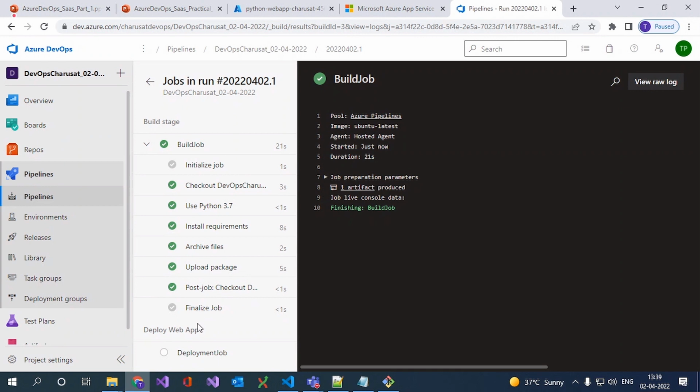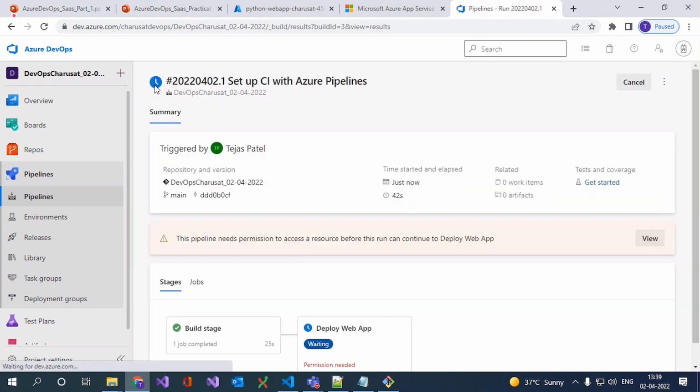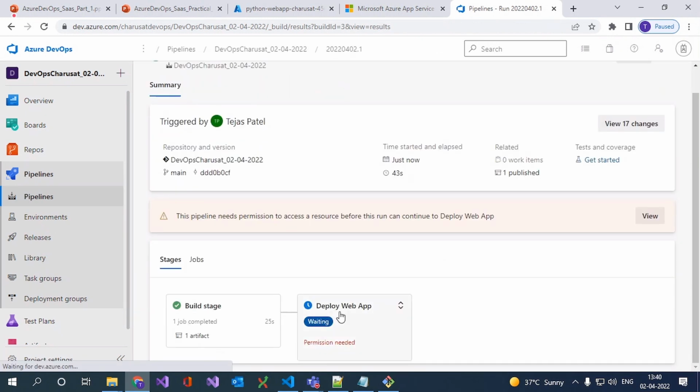The jobs of building the application are done, and now the deployment will start on the web app. So anybody who is reaching this screen,